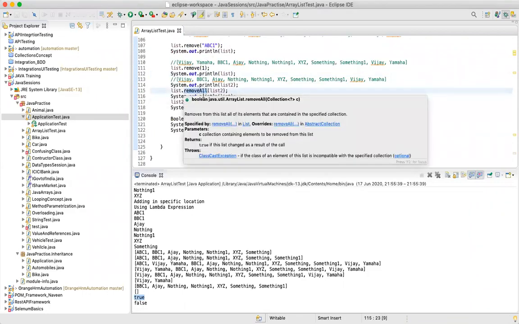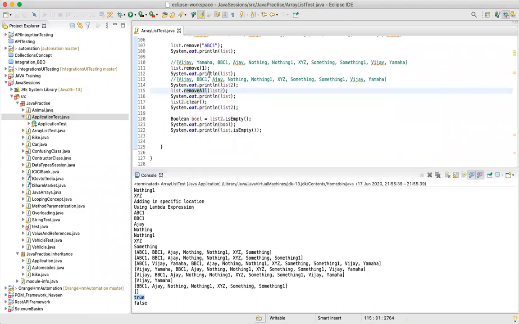So when I say removeAll, it removes all the elements present in list 2 from this list. But I'm not making this list empty. Here, if you see, this is my list, and I'm saying remove all the elements of list 2, which had Vijay and Yamaha. After removing them, the final list is this one. So removeAll will remove from the list all the elements which are present in list 2.